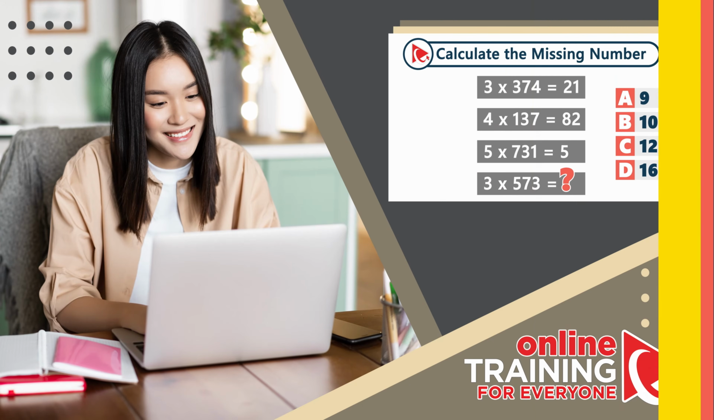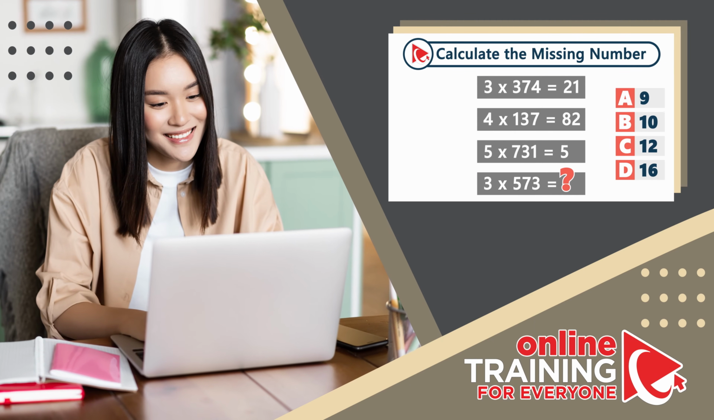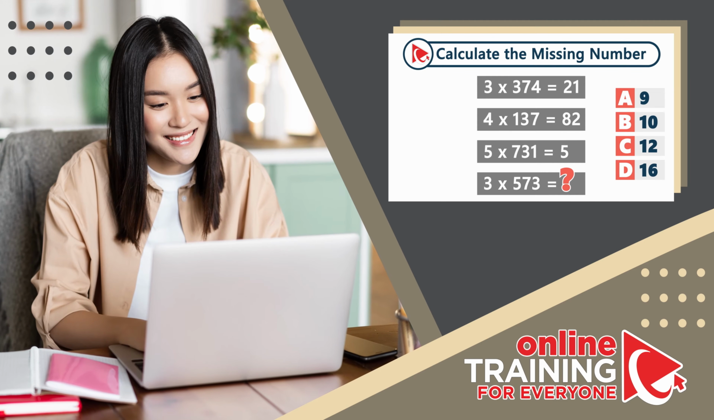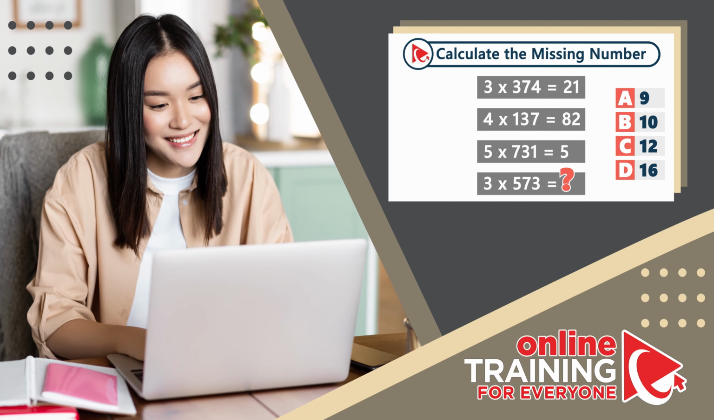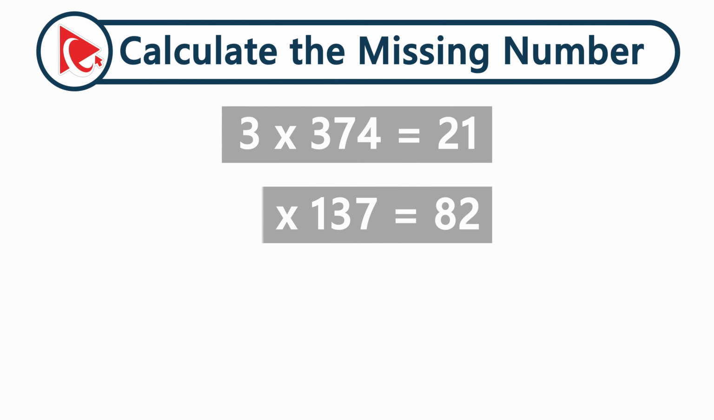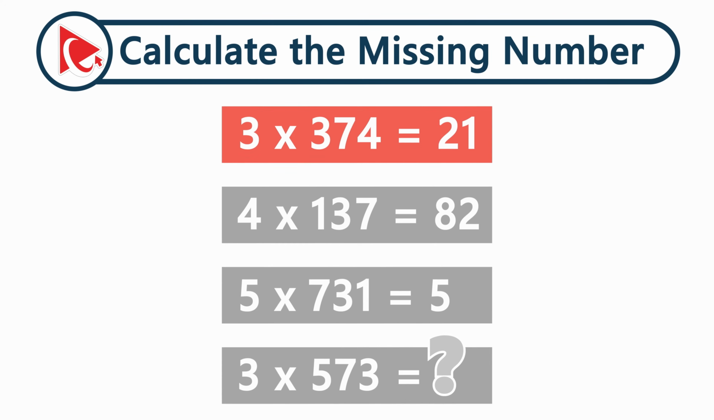Try tackling this question on your own before I share my answer and explanations. Give it your best shot and see how close you can get. I know you can do this. You're presented with 4 expressions. 3 multiplied by 374 equals 21. 4 multiplied by 137 equals 82. 5 multiplied by 731 equals 5. And then the last one, 3 multiplied by 573 equals the missing number, which you need to calculate and select out